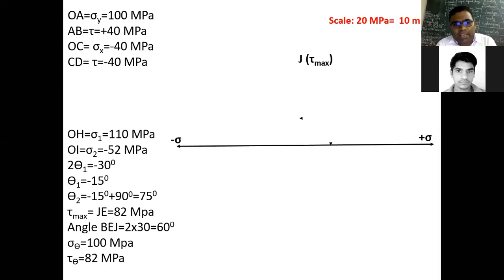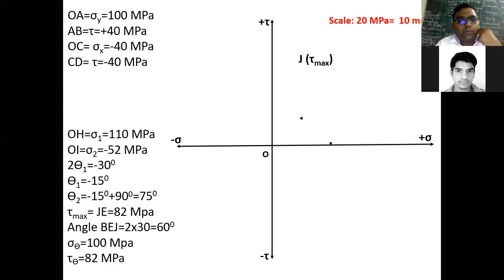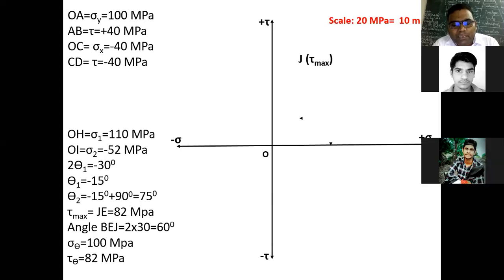So this is the x-axis, this is the y-axis. Now according to that scale, you convert the 100 megapascal using this scale. So what will be 5 centimeter, or 50 mm? Is it right? Okay, great. Then we take OA, from here to 5 centimeter. We point out the 5 centimeter point here. This is a 5 centimeter distance from O to A.